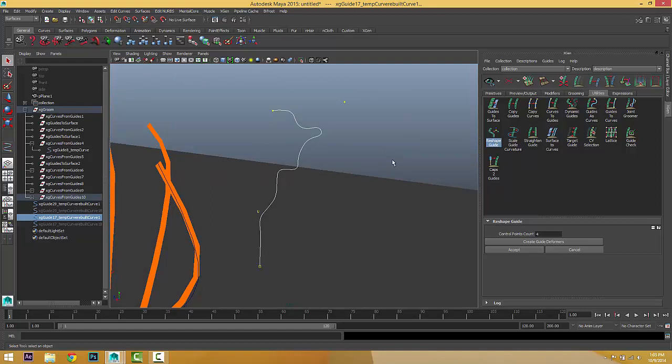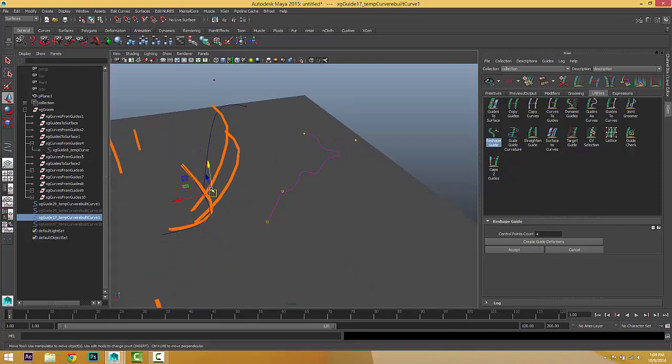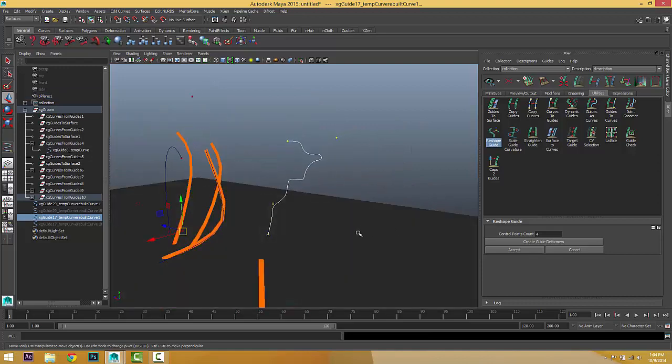Instead of going to right click, go to the control vertex to see all these control vertices. We have only those four yellow ones to change. Okay, make sure only one of them is selected, and it's a little bit tricky, but that's it.